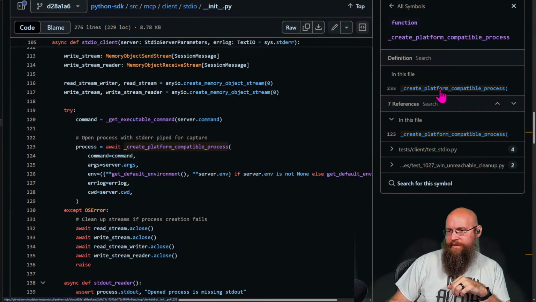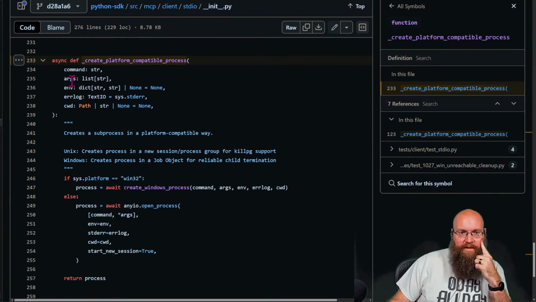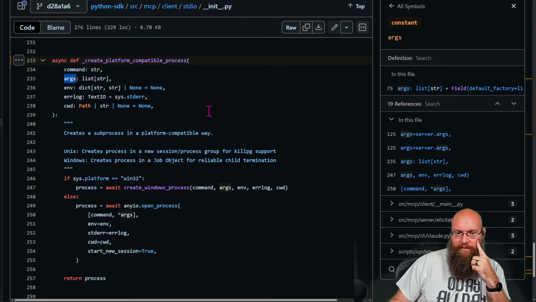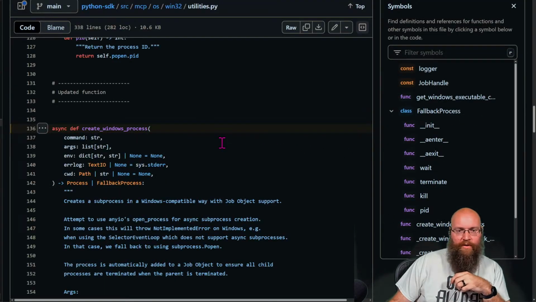Let's go see where this is defined right here. So this is line 123. It's defined down here. So how are these args being handled? That's what I need to know. So using create Windows process, that's defined on line 136 of a different file.